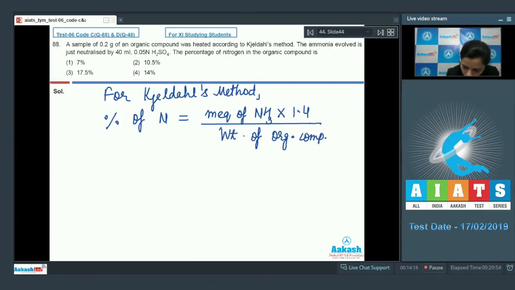We know that weight of organic compound taken, and we need to just find out the milli equivalent of ammonia,